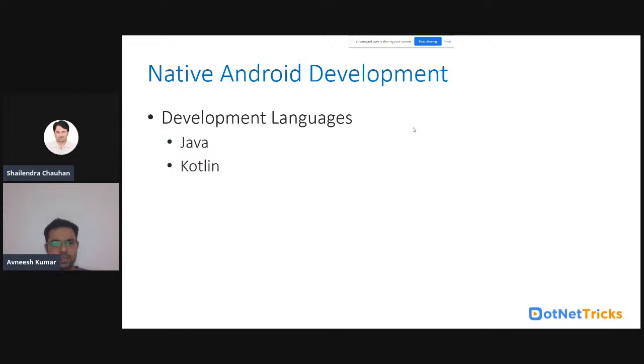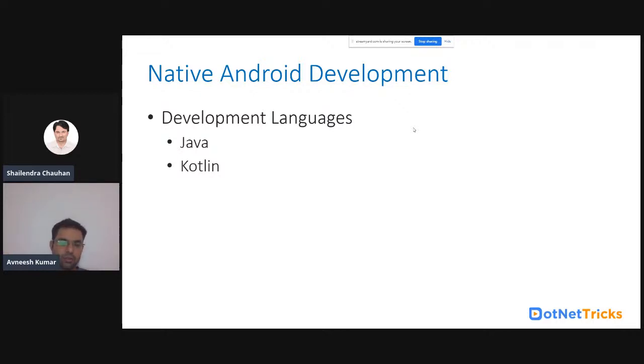Okay, so this is something that I already told you in the last slide. Native Android development. It is the development languages like Java and Kotlin that you can use to develop an Android native application, right? Java is the language that we learned many years ago, and it is used in Android native app development.